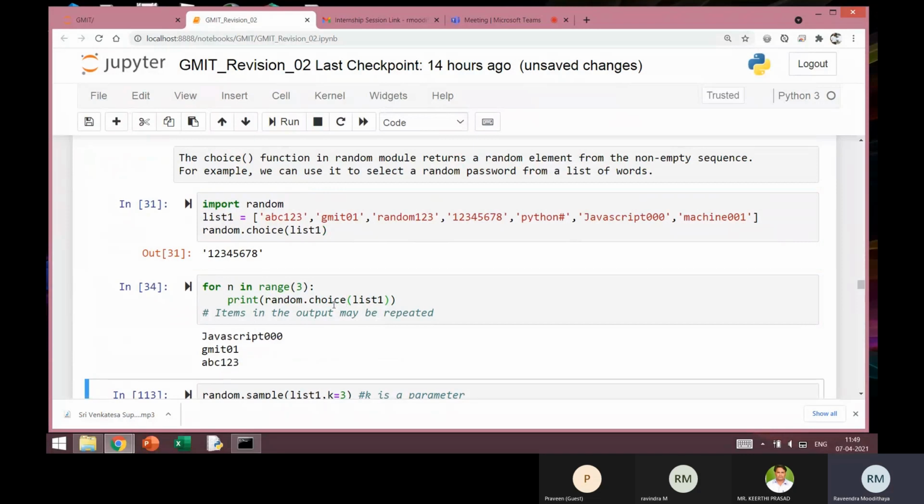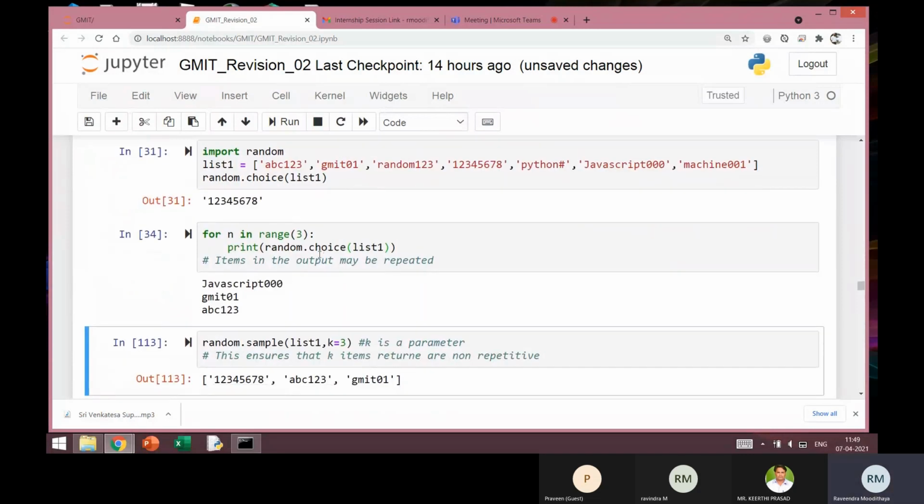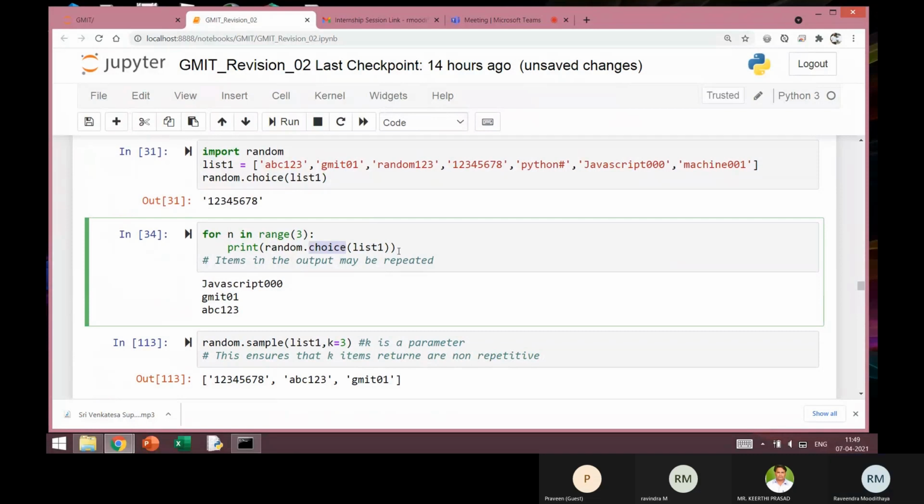Now the drawback here is I am using the same choice function, which will pick one value from the list, but I am executing it 3 times, so it gives me 3 values. Okay, at the end it will give me 3 values, but there is always a possibility that in the output there may be repetitions.